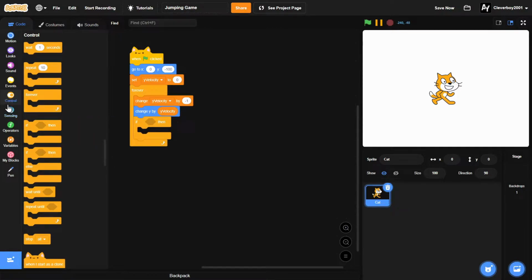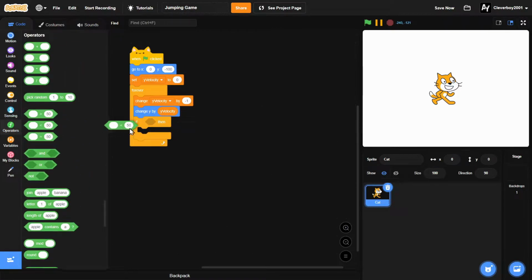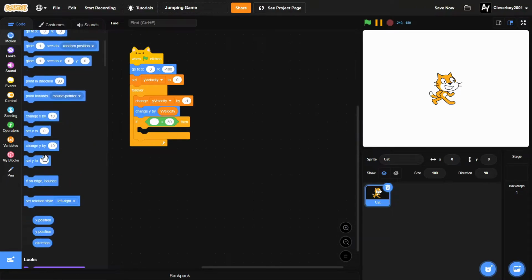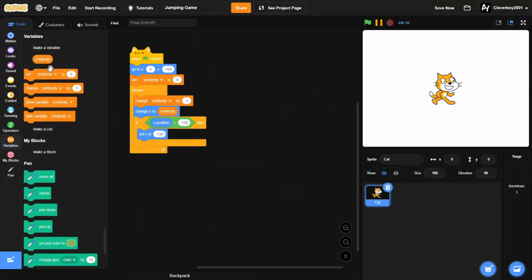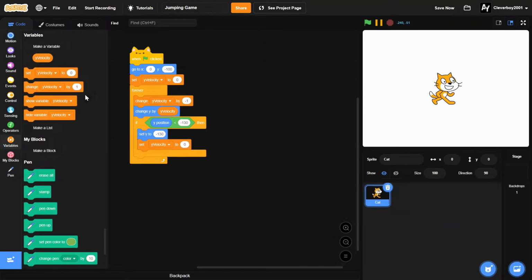Then we'll put in an if y position is less than -130, like that. Then we'll set y to -130, and then we'll set y velocity to 0, and